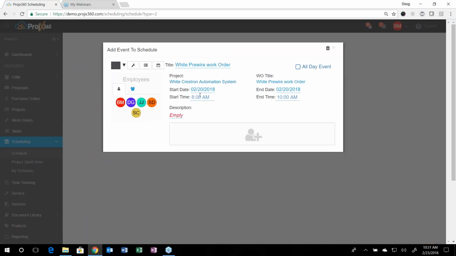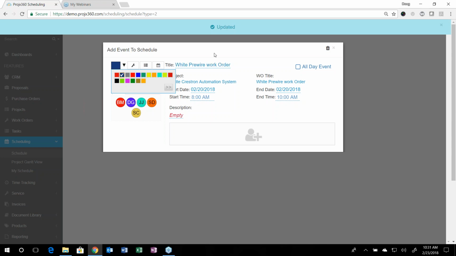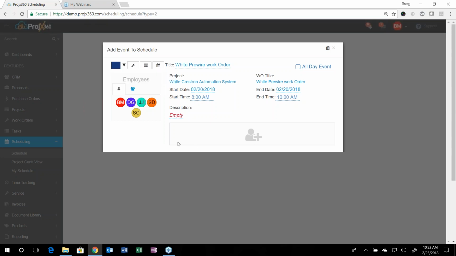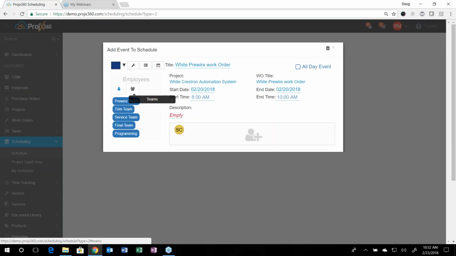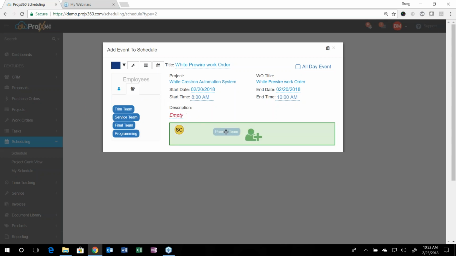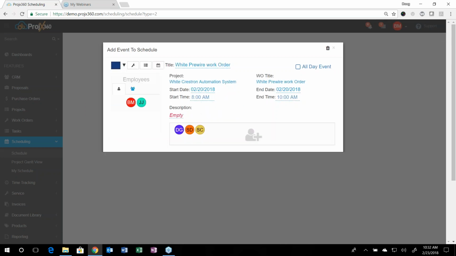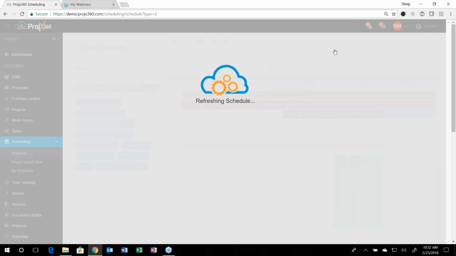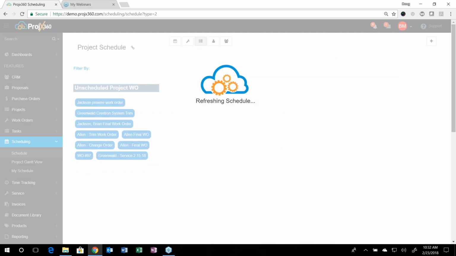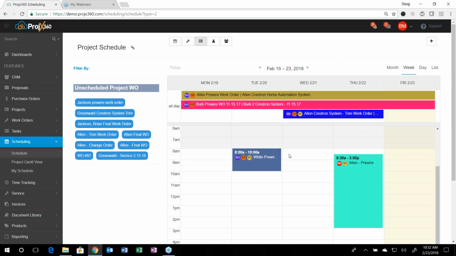It'll then drop it on that time. You can then select again from one of your presets what color code you want for this event. You can schedule individual employees, or you can create teams and schedule teams and just drag a team over and it brings everybody over. When you're done, you can just X out of it and it'll add it to the calendar here so you